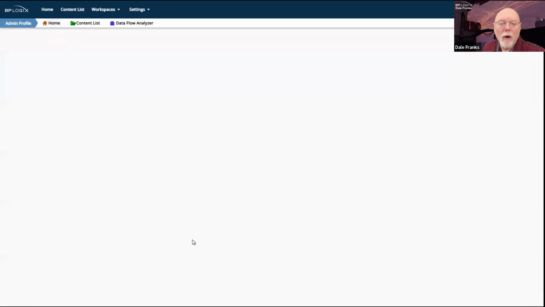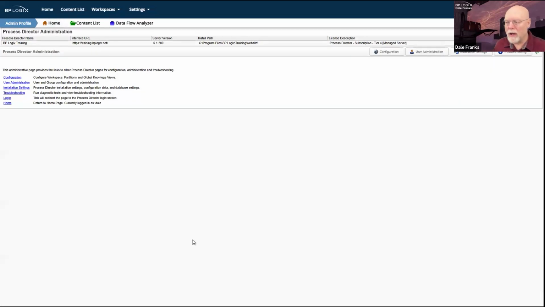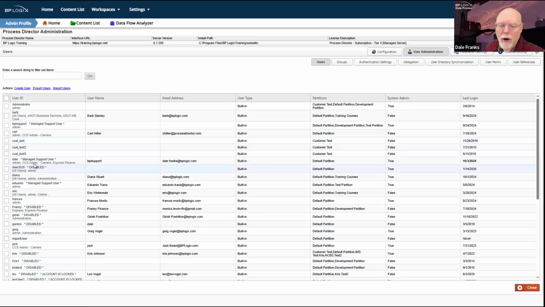So let's go back home and let's take a look at the IT admin area itself. The IT admin area is divided into 4 different sections, all of which do different things. And normally we would start here in configuration, but we're not going to do that. We're actually going to go to user administration, and we're going to look at a user account. Let me pull up Diana here.